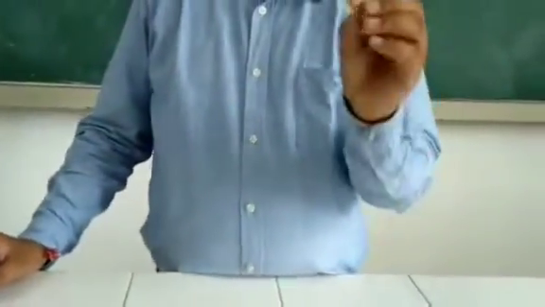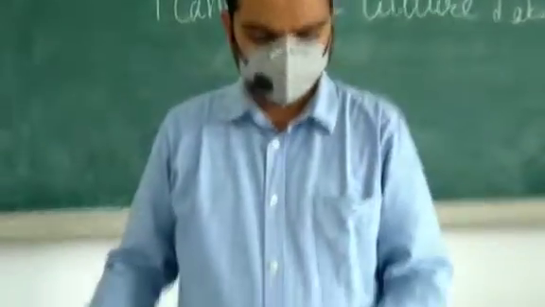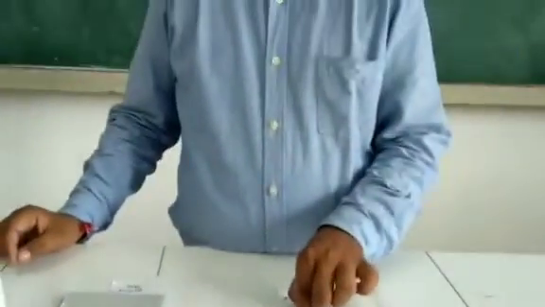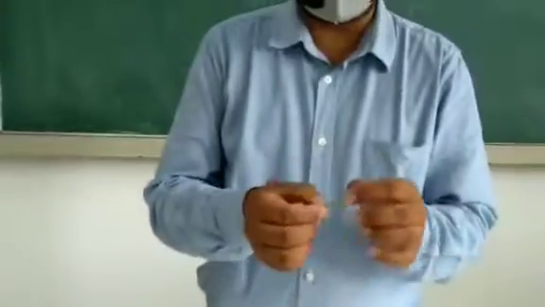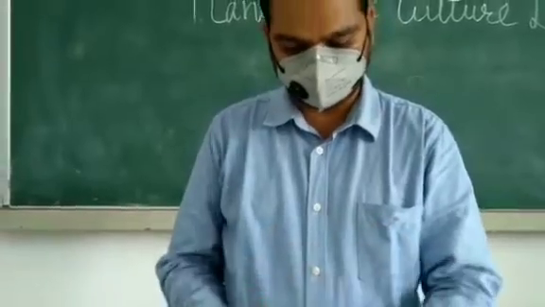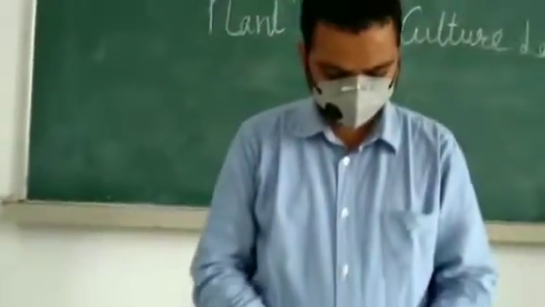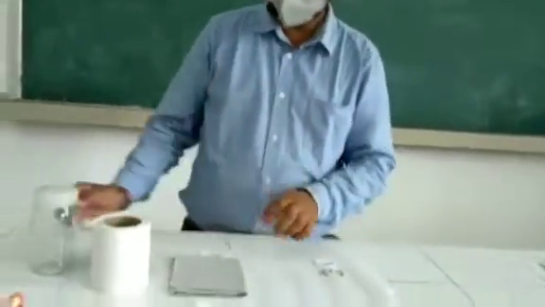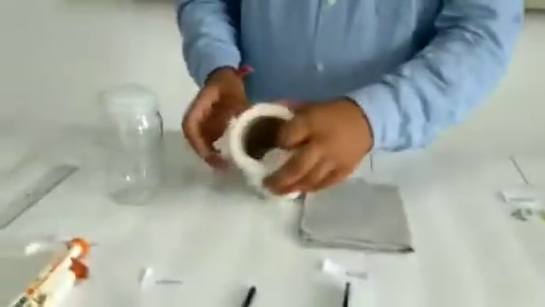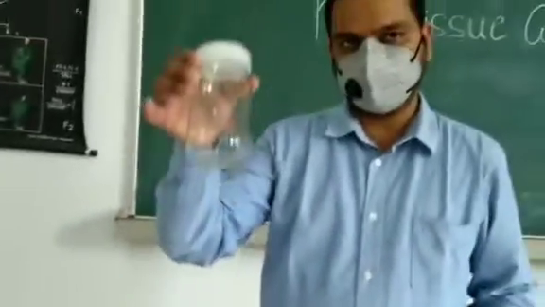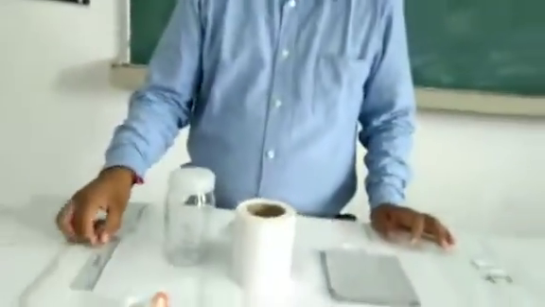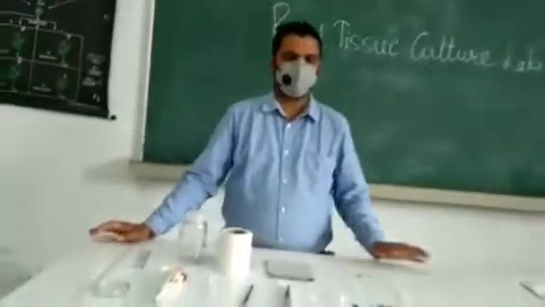This is an explant. An explant can be any meristematic tissue like a fresh juvenile leaf, or any apical bud which arises from the apex of the shootlets, or any axillary buds which arise from the axils of the leaf. All these parts of the plant can be used as explants because they have meristematic cells which can give rise to complete plants. And a blotting paper, tissue roll, 250 ml capped bottles, and a scale for measurement of growth of the explant. So this is all for now. Thank you.